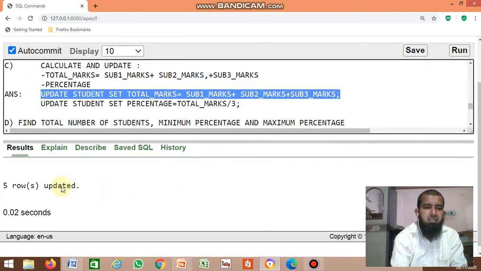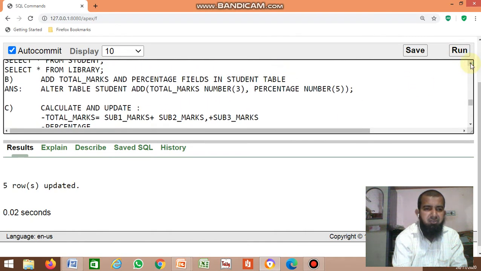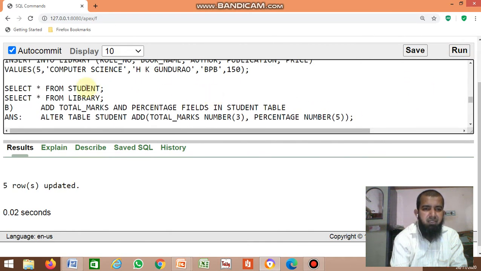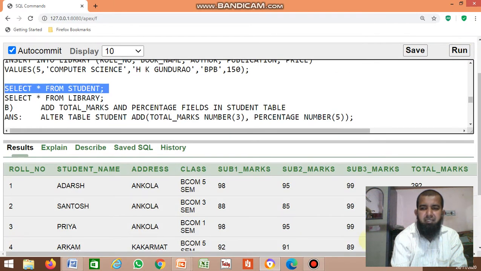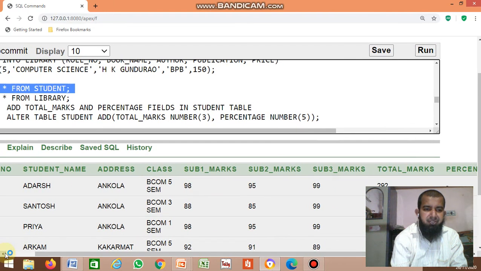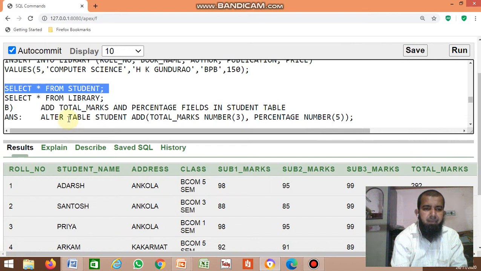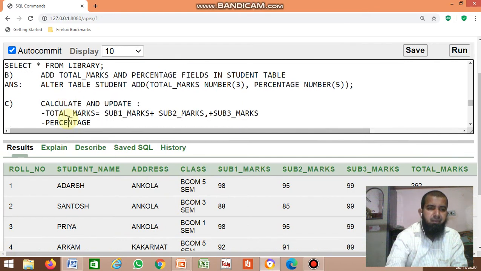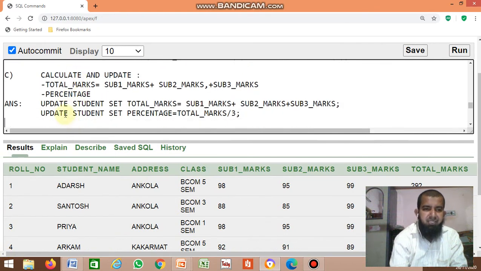Okay, total marks created. Just display whether total marks is created or not. Just select star from student. Yes, total marks created, but percentage not yet created. Okay, now we'll create percentage. How to create percentage?